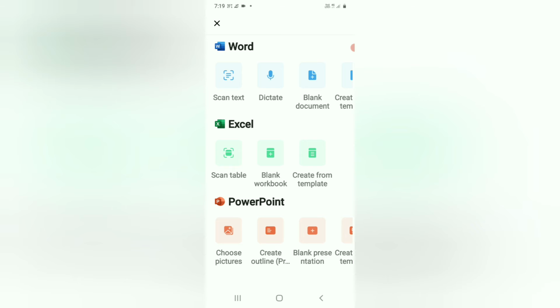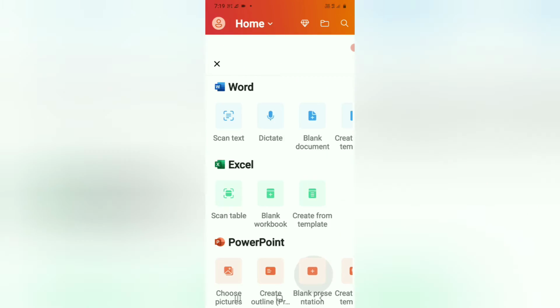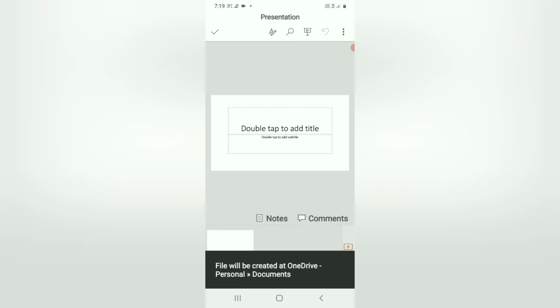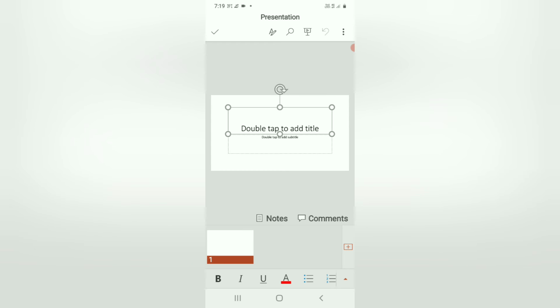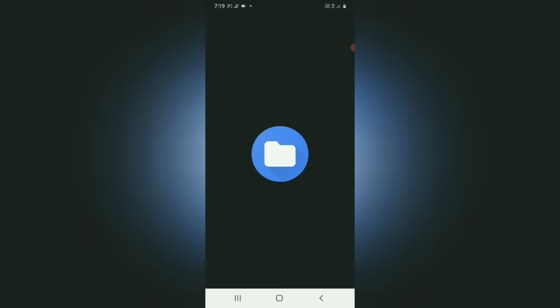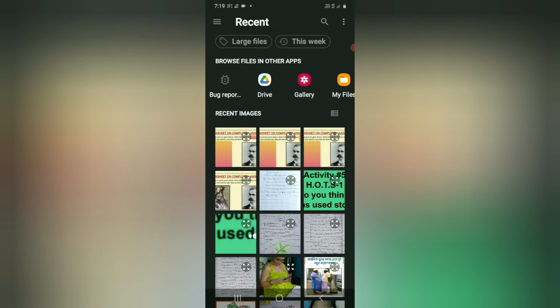For doing any presentation, click on blank presentation here. Click on it. And you can type anything that you want. Every feature you can find here. Pasting pictures like this.